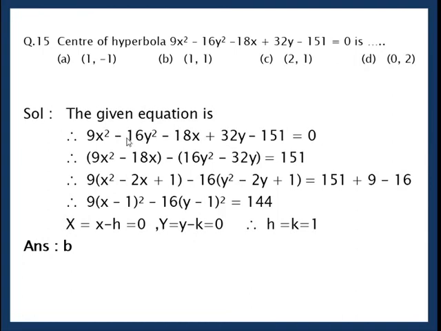Now take −16 common from this term and this term. You get y² − 2y, which can be the square of (y − 1). So y − k is y − 1, so k equal to 1. So what is the center of the hyperbola? It is (h, k), the shifted origin, because the hyperbola has its center at the origin, but that is the shifted origin. Is that clear? So what is the center? Center is (1, 1). So the correct option is B, Bombay. Note that ellipse and hyperbola are central conics, but parabola is not a central conic.